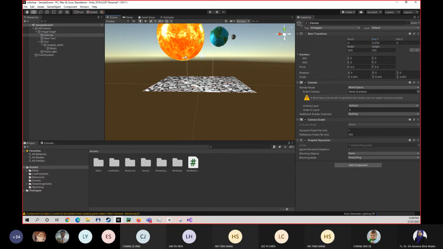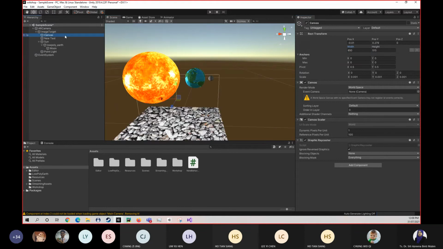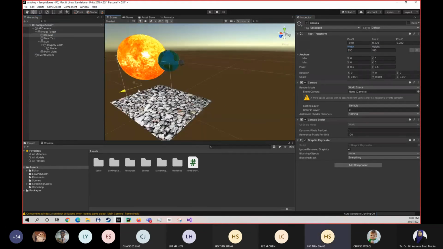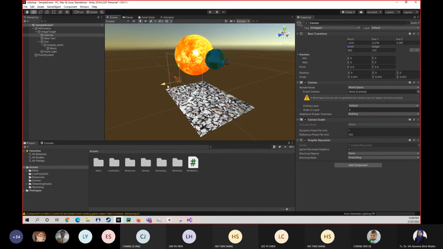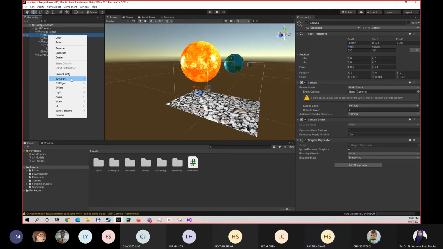Yeah. So you adjust the canvas depending on what you want. So maybe this is, drag it in front. And then for this canvas, you right click again, you create a